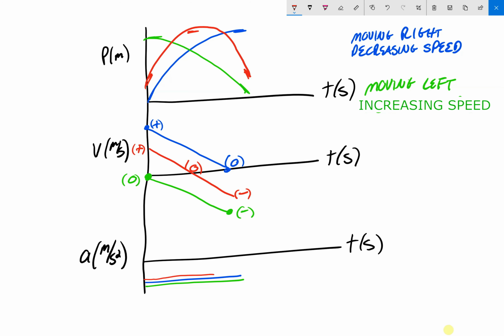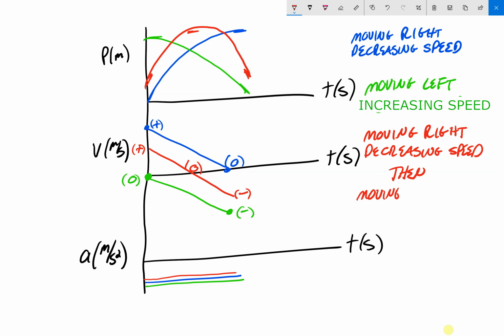We also have constant negative slope, so you have constant negative acceleration. This means that you're moving right and slowing down, then coming to a stop, and then moving left and speeding up. Please realize these are 3 different movements, all with negative acceleration. Negative acceleration just tells you how your velocity is changing. It doesn't tell you anything about which way it's moving. So we're going to do the same thing again,